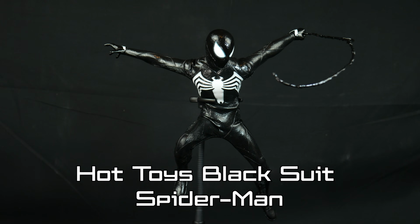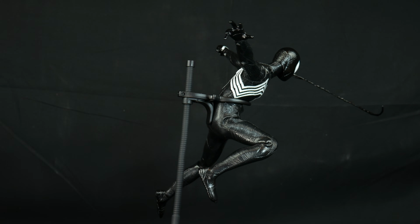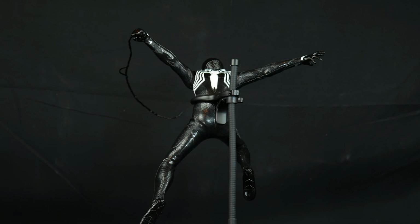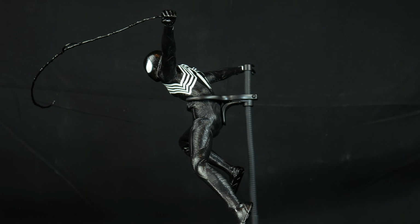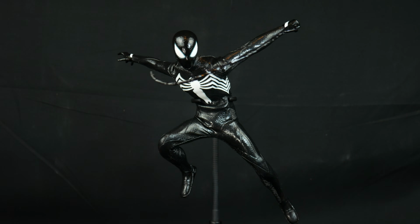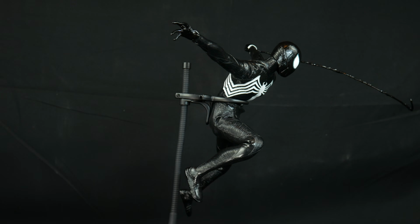At number 1 is the Hot Toys Black Suit Spider-Man. Oh my goodness, this figure is fantastic. The amount of detail etched into this figure is amazing. They worked in so much detail into the figure, sculpted details on the costume, all on the ridges, and I appreciate the wet texture they gave the suit to make it look like a wet symbiote texture. It's perfect. The white logo is bright and vibrant and has texture on the costume as well. The color to black is a perfect dark black, and light reflects off it perfectly, and the articulation, while limited,